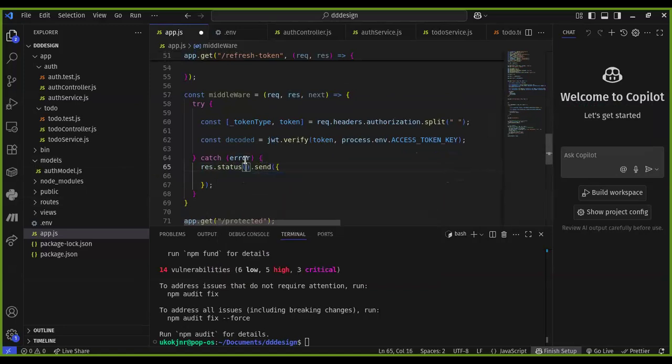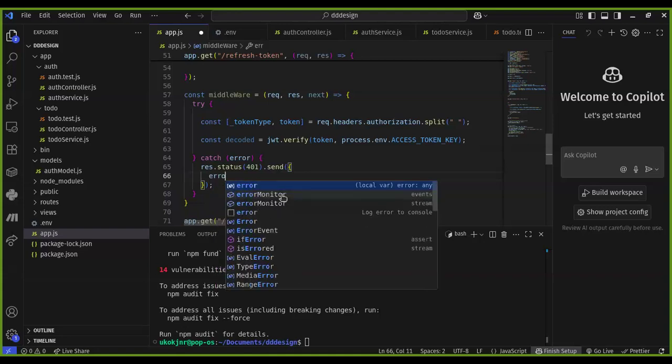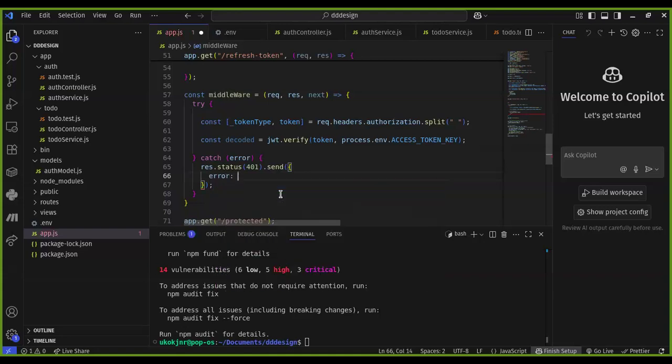Status is going to be 401 because you're not authorized. Then the error would be, in fact, I think I can just send the error like that. But once the front end sees 401, their mind would understand. They'll understand where we are going. Okay, so